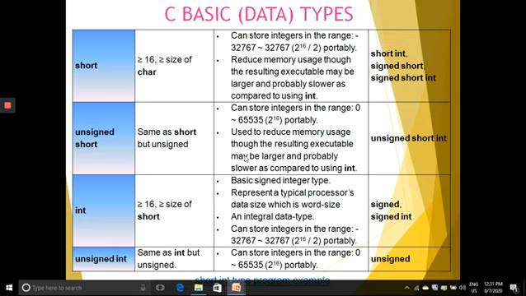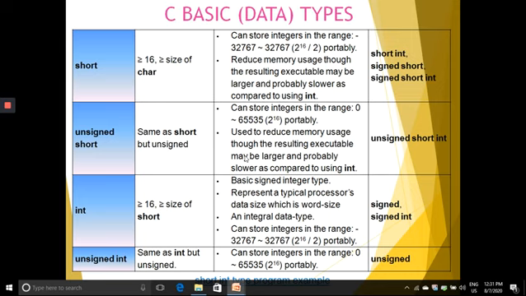It reduces memory usage, though the resulting executable may be larger and probably slower as compared to using int. The categories in short are short int, signed short int, and also we have unsigned short, which is the same as short but unsigned.